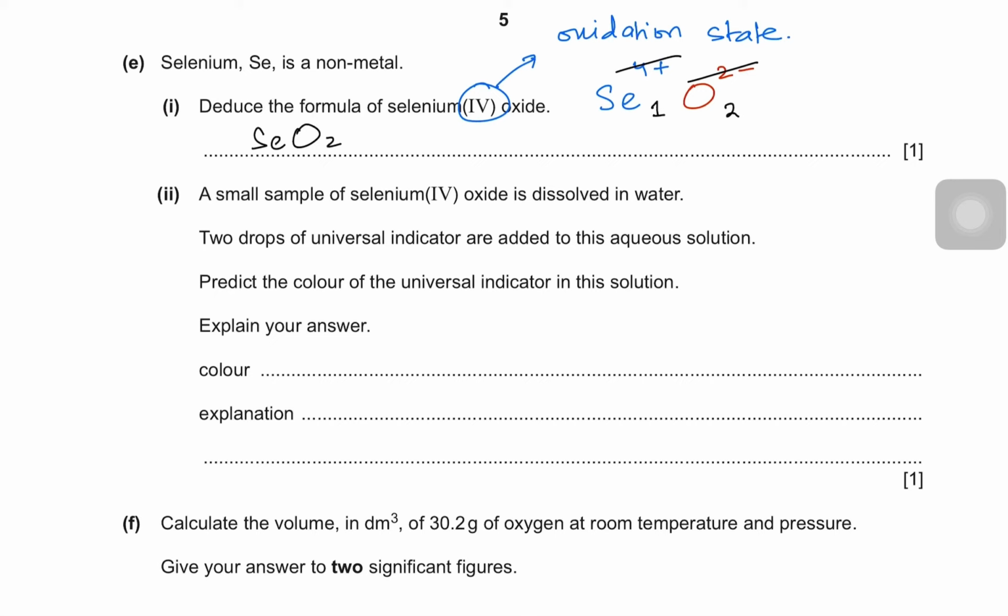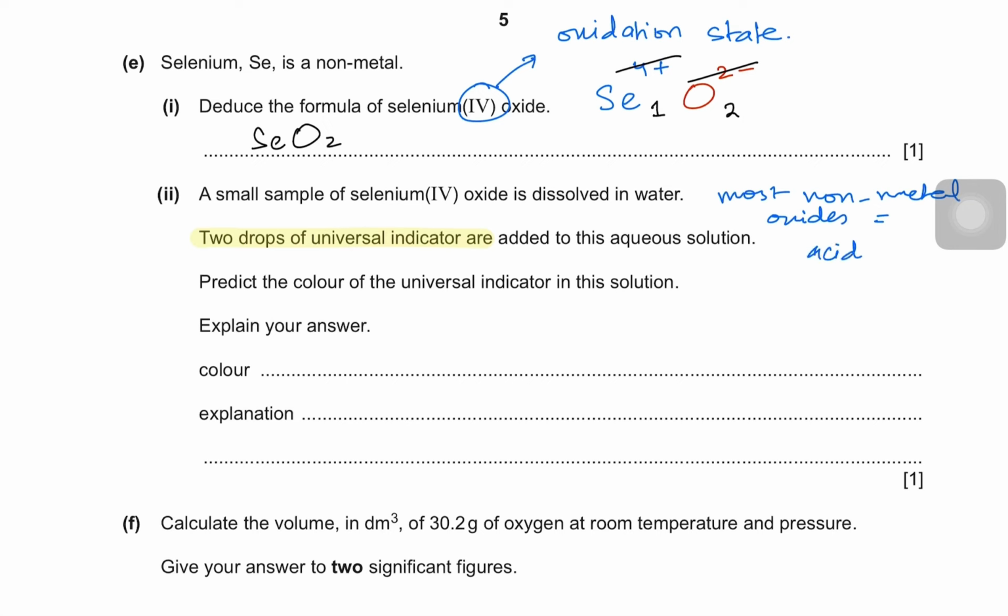A small sample of selenium 4 oxide is dissolved in water. 2 drops of universal indicator are added to this solution. Predict the colour of the universal indicator in this solution. Explain your answer. They have mentioned that selenium is a non-metal, and most non-metal